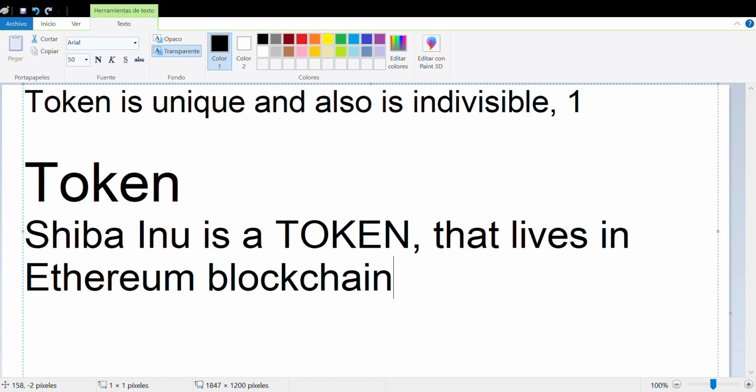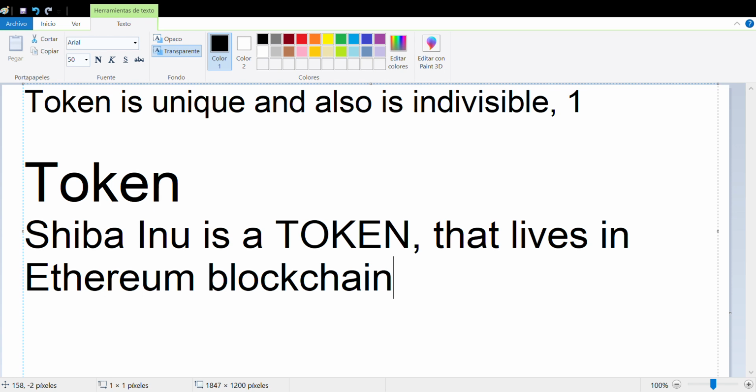That is the currency of the blockchain. A token is similar, but it takes the blockchain and just lives there. So basically, Shiba Inu is a token that lives in the Ethereum blockchain.